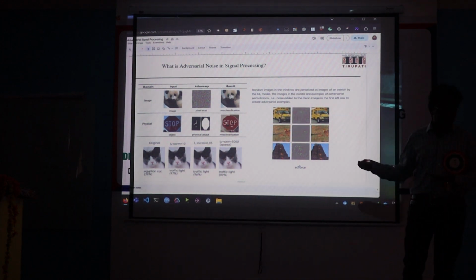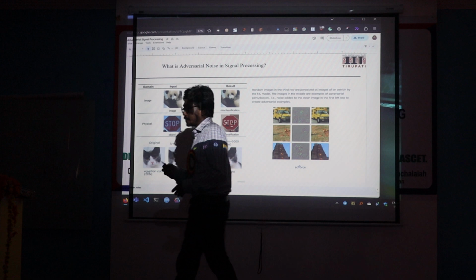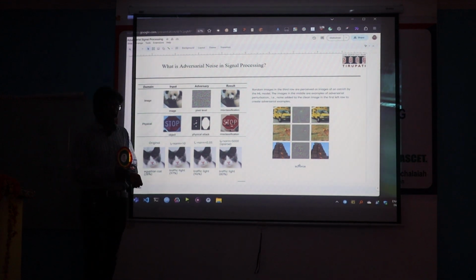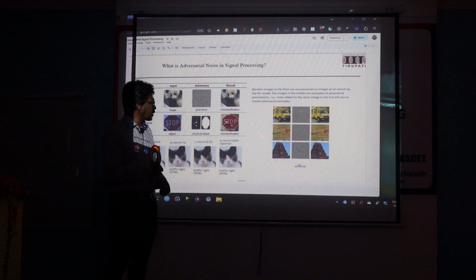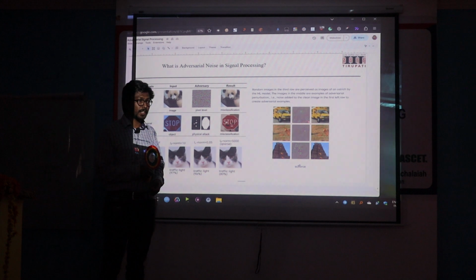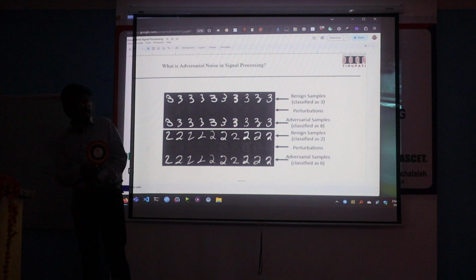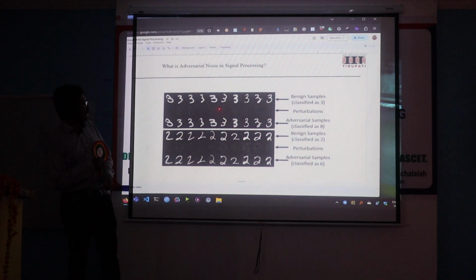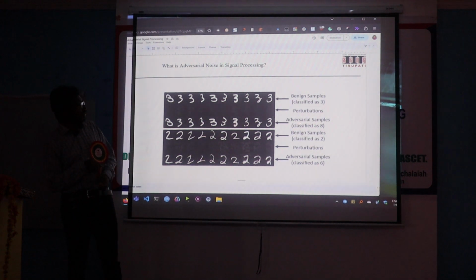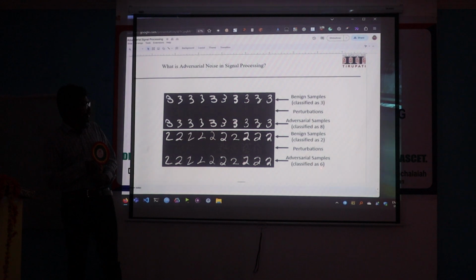There are still some areas where people are not aware of adversarial attacks. So this is the next, I would say, even in signal processing. This is a very big, especially in signal processing, a lot of scope for adversarial solutions, I'm pretty sure you can see. Again, adding some noise to it made the algorithm identify a 3 as 8, even though these are all 3s. And a 2 showing as 6.